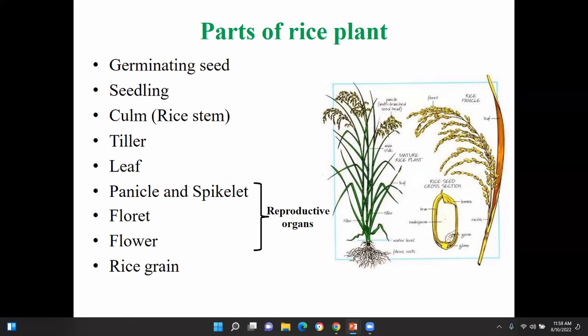Rice branches, leaf, seed, and here you can see the lemma and palea, not available. No, this is the lemma you can see. The lower part is called the palea. Then the inside part is the endosperm. This is the bran. Okay, this is where the embryo will develop. Normally the rice stem is called the tiller; leaf, panicle, spikelet, floret and flower are the reproductive organs. These four. Then rice